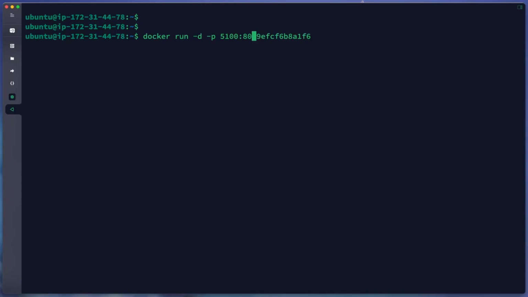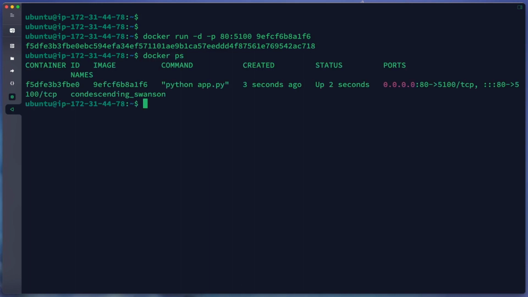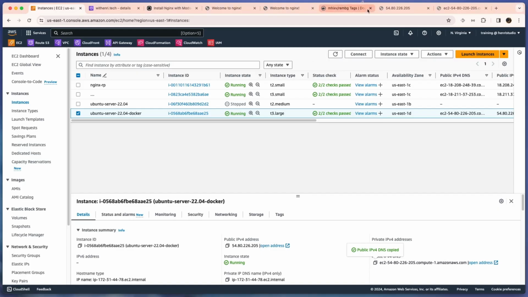Okay, it looks like we got the port mapping wrong. We need to specify the public port first and then the internal port. Okay, we create our container again. Docker PS. Okay, this is the right one. When we access port 80, it will forward to port 5100 on our container. We try our browser again.